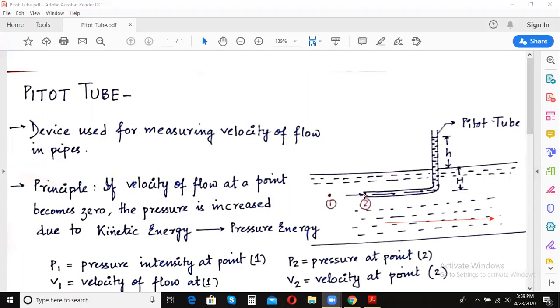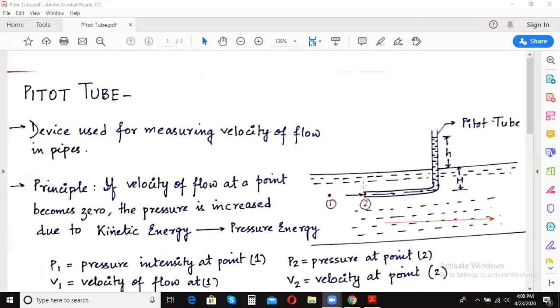So whenever the fluid flowing through this pipe comes in contact with the inlet of this tube, the motion of the flow ceases, and due to the sudden ceasing of the motion, a certain pressure is generated in this fluid, right? Due to the generation of this sudden pressure, with the motion getting halted, the kinetic energy of the flow which was already there gets converted into pressure energy, right?